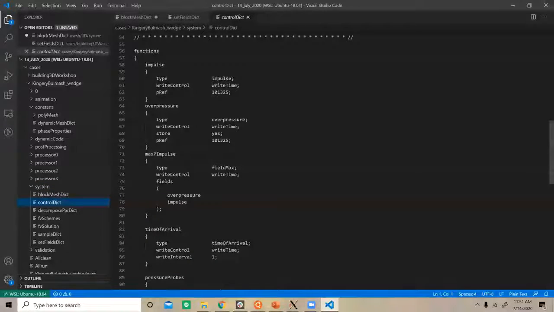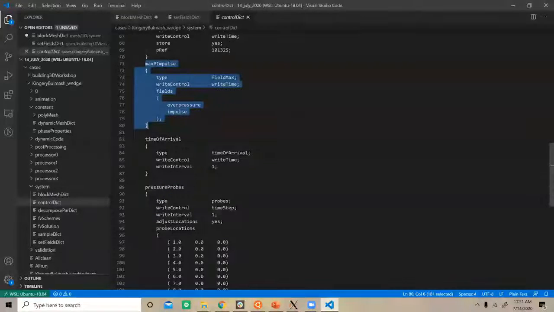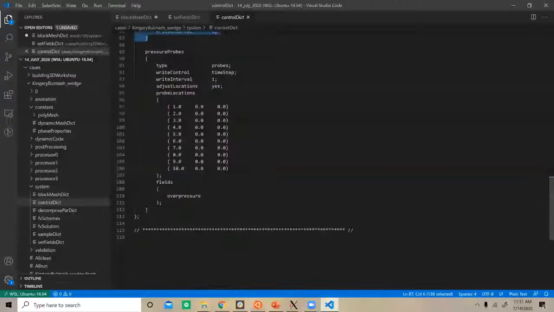So we're going to be calculating the impulse and overpressure, and then we're going to be looking at the max values of those. And we're going to be sampling those after the fact to get the fields we need. We also have this time of arrival function, which basically uses the max pressure, as well as some probes. So what this gives us